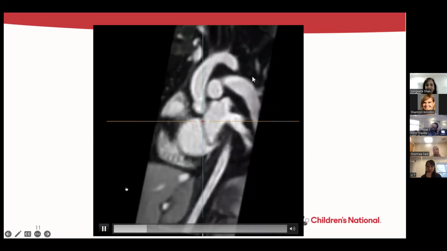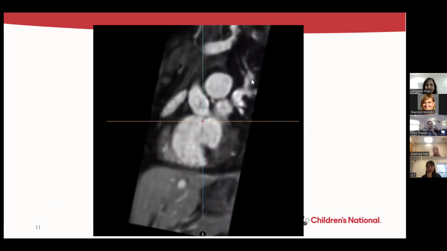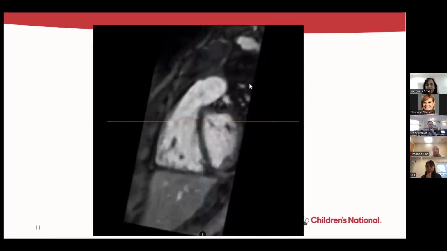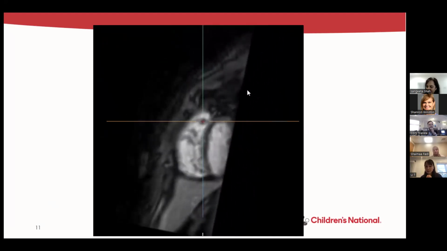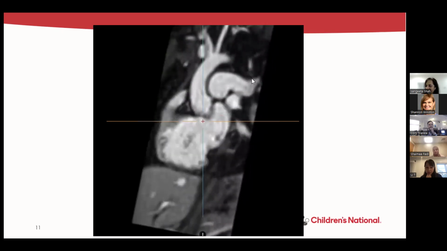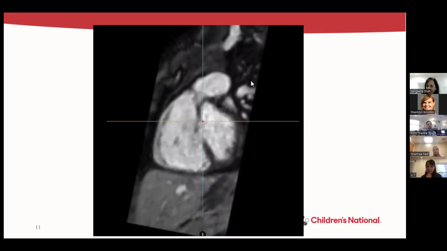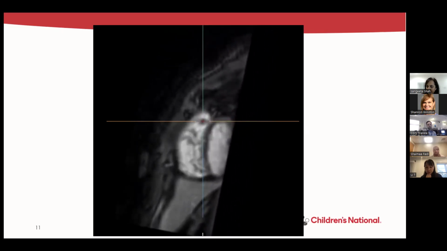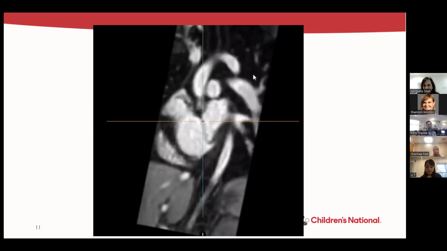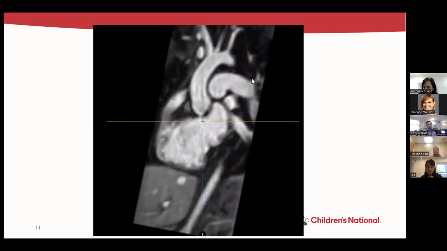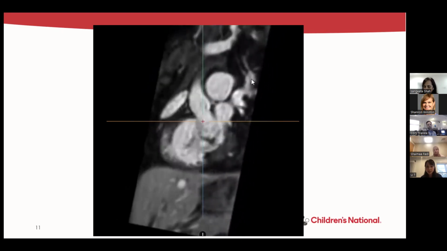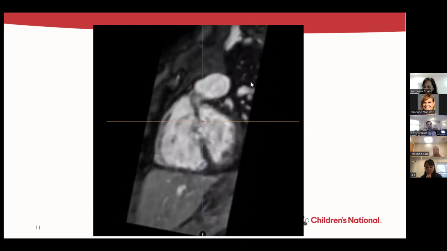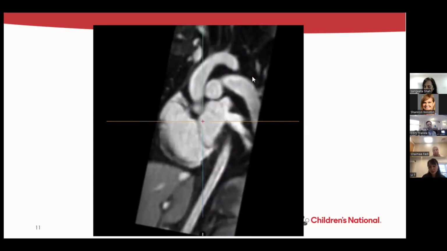Scrolling through that series, you can see if there are other associated anomalies. Primum ASDs may not just present with primum ASDs, they may present with secundums and PFOs as well. They also are at risk for developing aortic stenosis, pulmonary stenosis, as well as coarctation. And it's not unusual for them to have other forms of inlet ventricular septal defects as well. So with this approach, you can see the other cardiac lesions